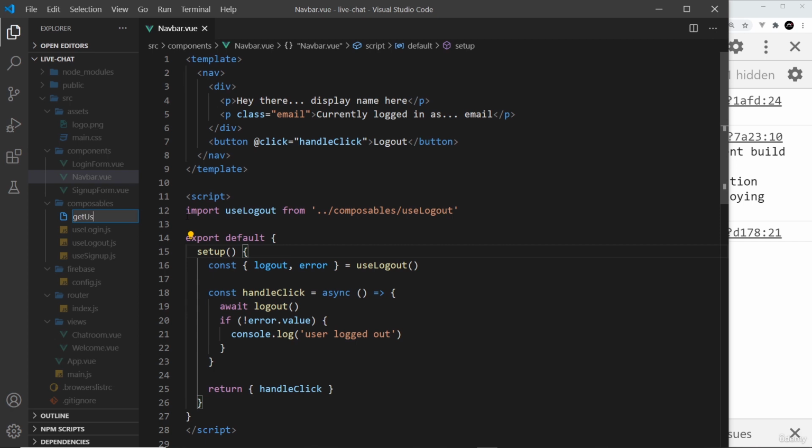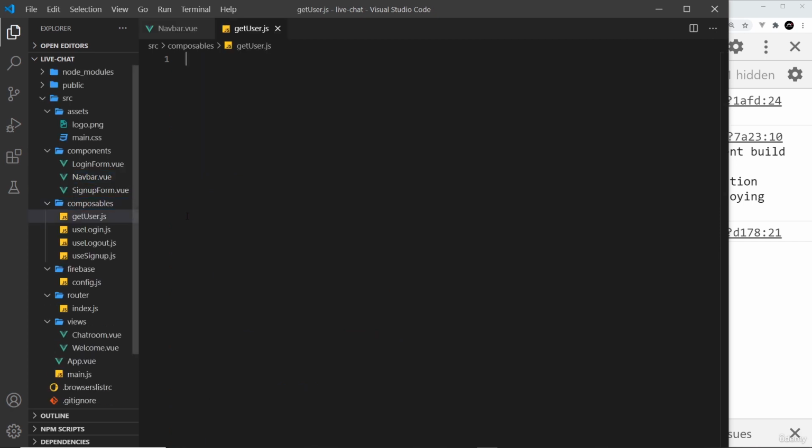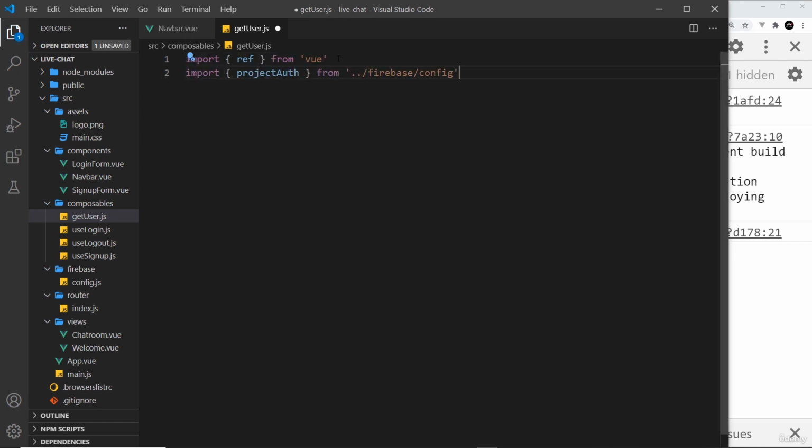So new file, and I'm going to call this getUser.js. And typically this is how I call all of my composables, either get something or use something. So inside here, we want to now use Firebase to get the current user. So the first thing I'm going to do in this file is just import a couple of things. So we need ref because we're going to create a user value and it will be a ref value. And we also need projectAuth because we use this object to interact with the Firebase authentication service,